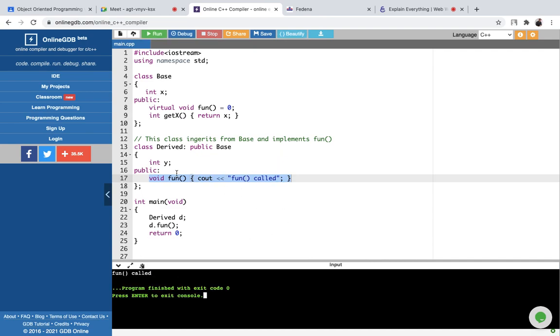So this fun is called, means it is actually calling this function. ঠিক আছে? স্যার কি বললেন লাস্টের লাইনটা? The d is calling the fun function, so it is basically calling this one, না? হ্যাঁ স্যার।